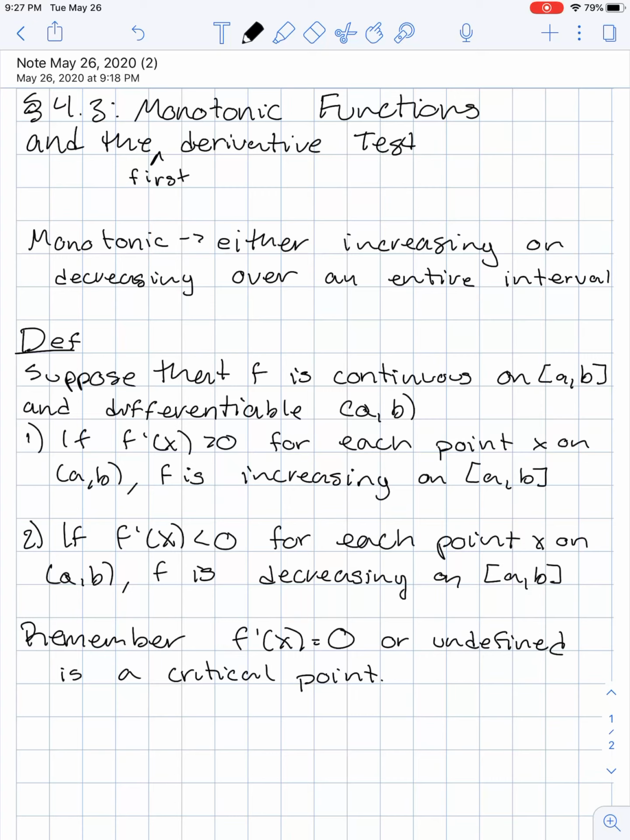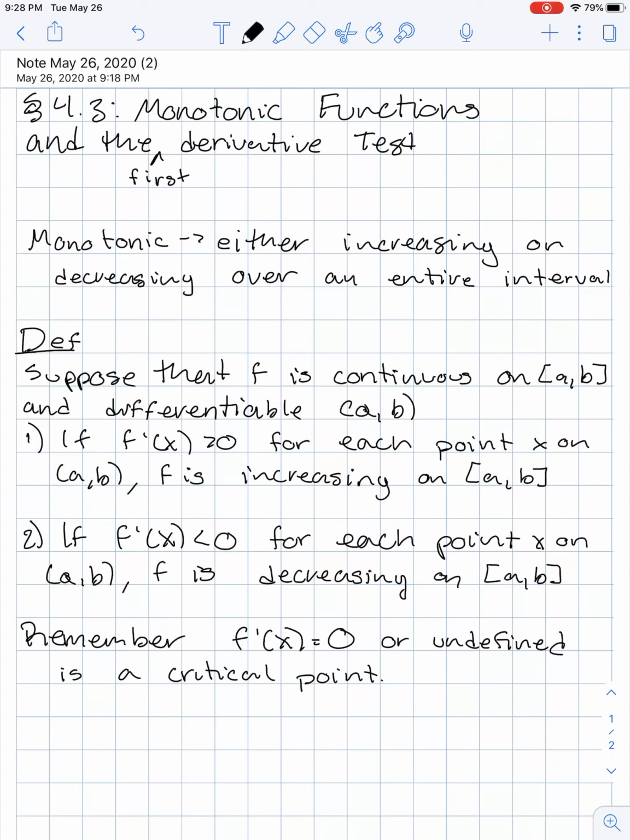We can also define it using the derivative. Suppose that f is a continuous function on the closed interval a, b, and differentiable on the open interval a, b. If f prime is always positive, greater than 0, for each point x on the open interval, then f is increasing on the closed interval. Similarly, if f prime of x is less than 0 for each point x on a, b, f is decreasing on